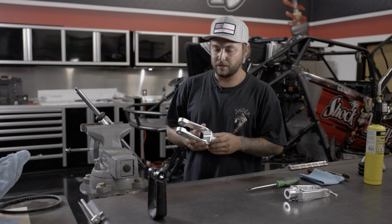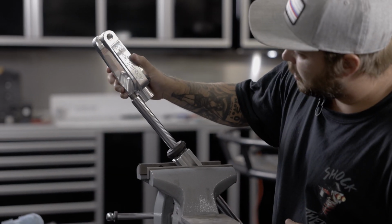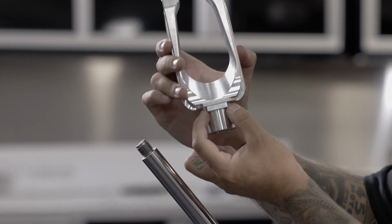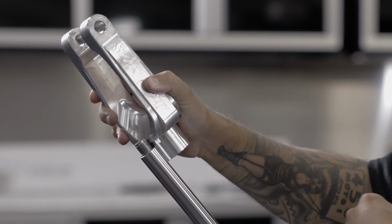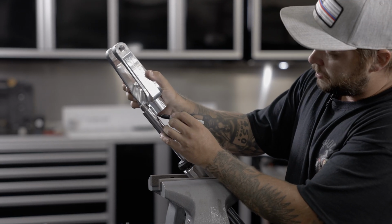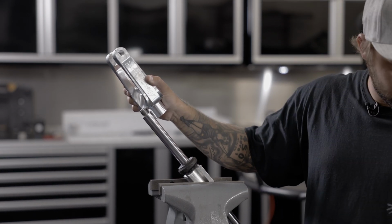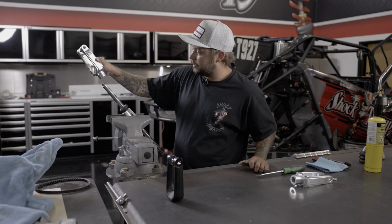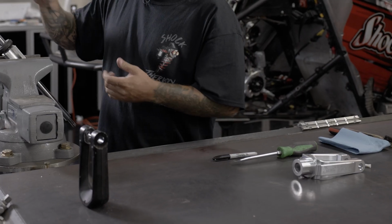So a trick that we do here too is if you set this against where the factory spring retainer would sit, kind of in the keyway, if you will, if you set that against the neck down part of the shaft, you can actually make a line right here, the bottom there. That's going to help you when you go to install it to make sure that the new fork is completely seated and set where it exactly needs to be. Once that's marked,